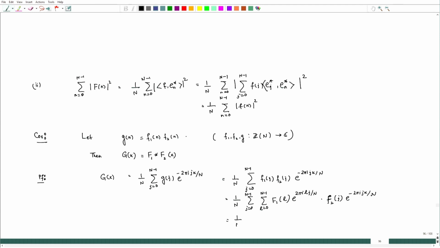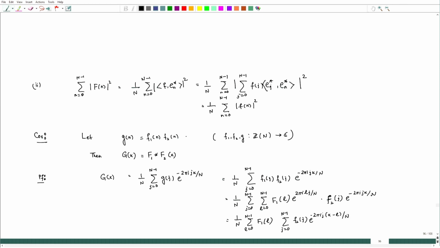This 1 by n, if I take the sum over L out, n minus 1 f 1 of L times the summation over j from 0 to n minus 1 of f 2 of j e to the power minus 2 pi i, this is j, if I take common, then this is k minus